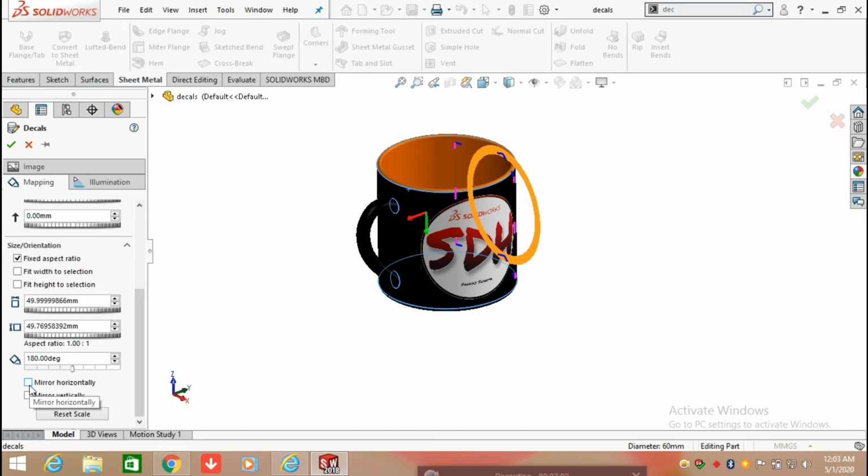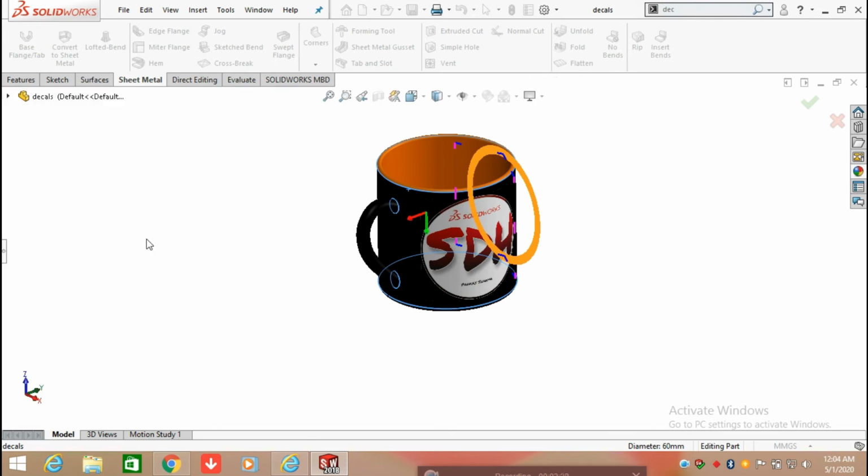Okay, the next option is we can also mirror the decal. Mirror it horizontally and mirror it vertically. When we apply the mirror, you can check the changes in the image, changing the decal. So here I'm selecting it, and the next option is